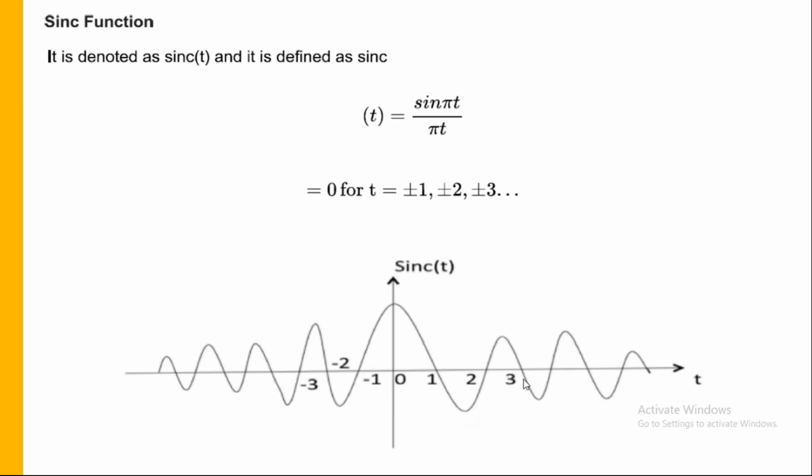Then as you go on increasing for different values, the amplitude goes on decreasing. From a maximum value at t equal to 0, it starts decreasing for different values of t. So all this looks like a sinusoidal waveform, but the amplitude goes on decreasing. Such oscillations, we call them damped oscillations. Please try to understand this.